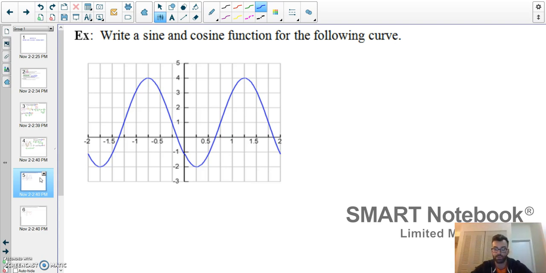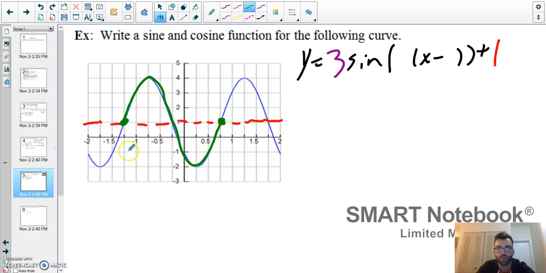This one we're going to have to breeze through a little bit. So, here we go. I'm going to pause it for a minute here. I'm going to identify my midline. Alright, so I'm going to look at this sine curve. I got my midline to be 1, my amplitude to be 3. My ending point is 0.75, we're finding my period now. Minus negative 1.25